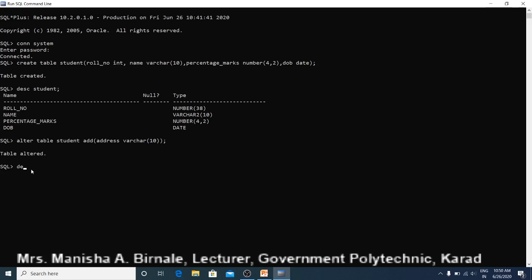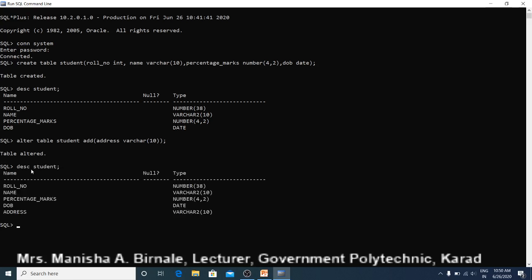Now use the DESC command and see whether the structure of the table is altered. Here you can see that the new column address is added in the structure of the student table. In this way, using the alter table command, we have added a new column in our already existing table.